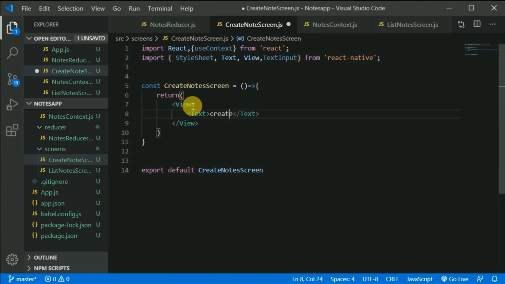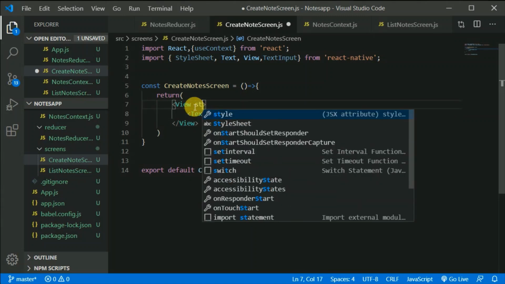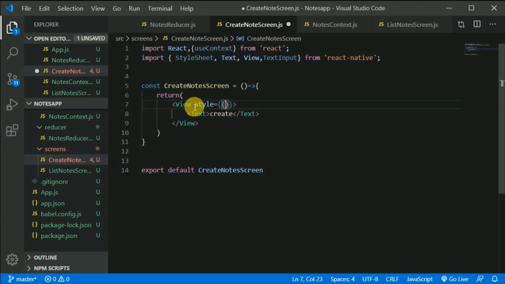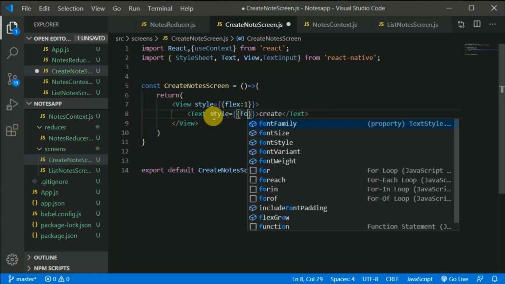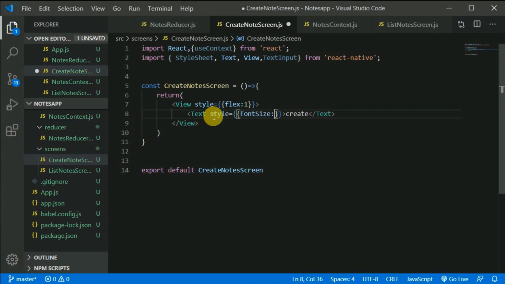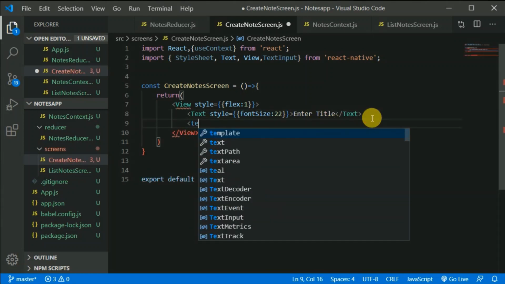First of all, I'll give this a flex of 1, and I will increase the font size to 22. Let's say we write Enter Title, and we will then make use of the